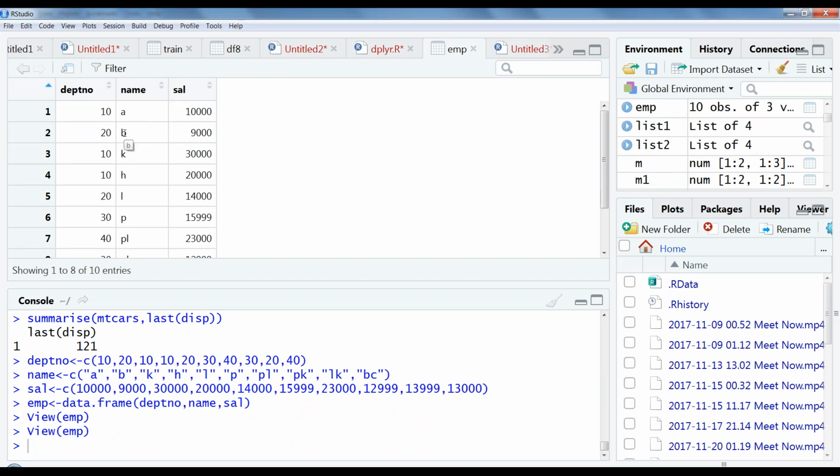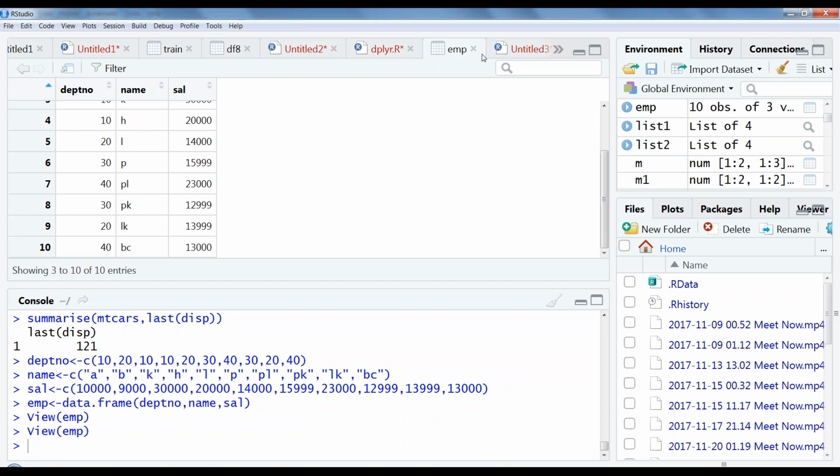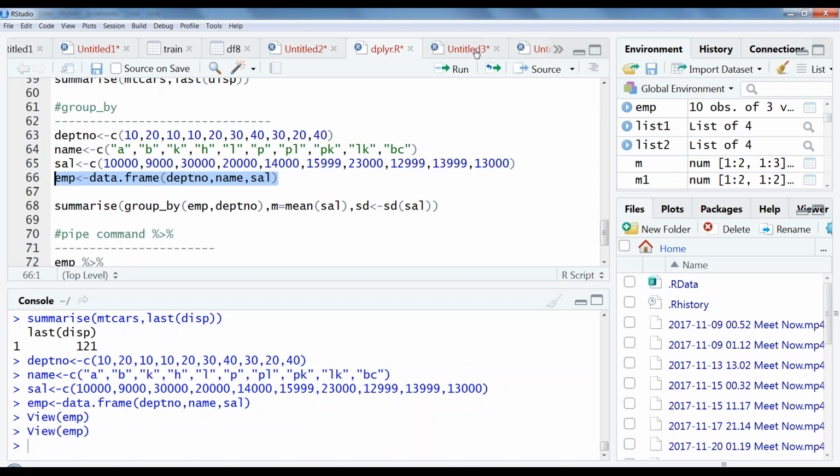Then 20, name B, salary 9,000. So like this I can create a data frame. I explained this in detail in my previous session on data structures, or data objects. You can refer to that on how to create and work with a data frame, with more examples and detail. For now, this much is enough for the data frame.